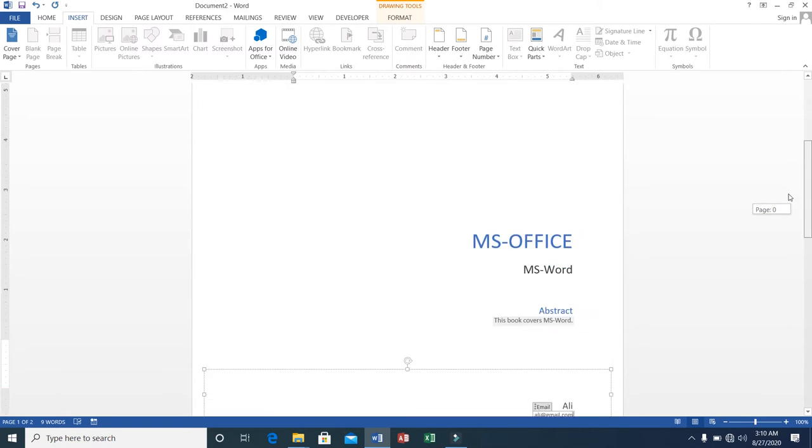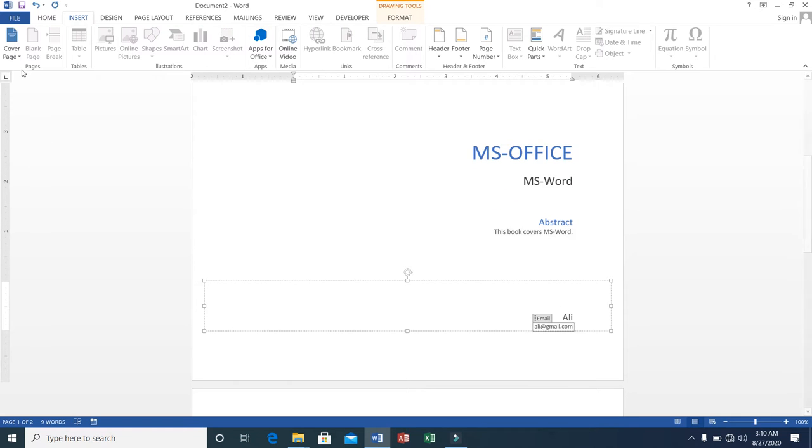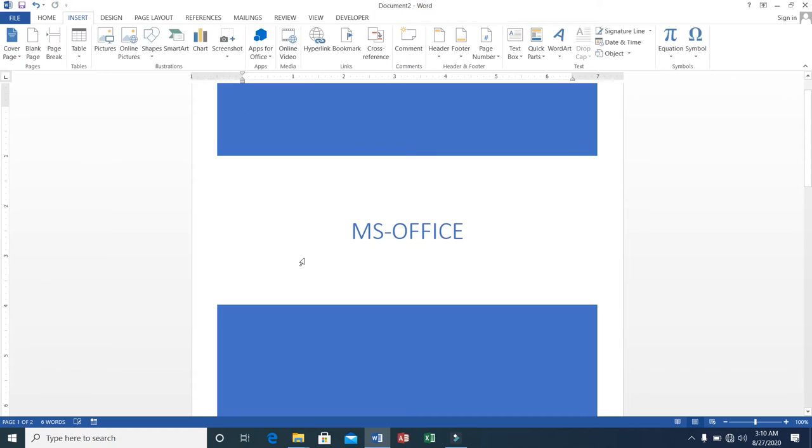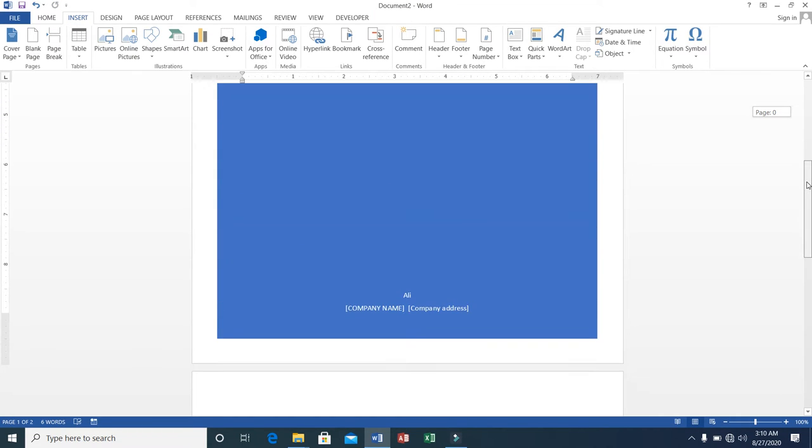I have to change this format to, for example, this format. You see this is another format. So this is the outer cover. Company address: here we have the company name, for example, GTI is the company name, and the address is, for example, Sadar Rawalpindi. So this is the address. This should be the outer cover,